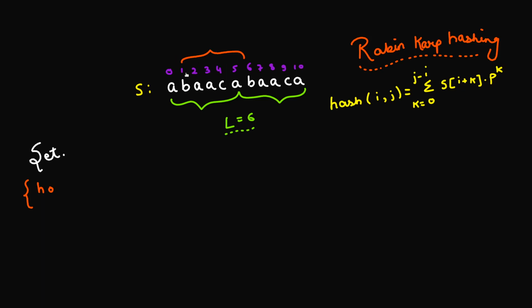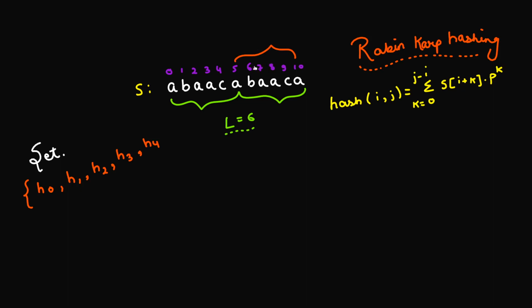Okay, next is this section from index 1 to 6, and the hash of this section is say h1. So I'll be storing this hash h1 again in my set. Next, consider the section from 2 to 7. This is just the sliding window, and I'm just considering all the substrings of length 6. The hash of this section is h2, so I'll be storing that in my set. Next section is from 3 to 8. The hash is going to be h3, and I'll be storing h3. Next section is from 4 to 9. The hash is going to be h4. I'll just store h4 in my set.